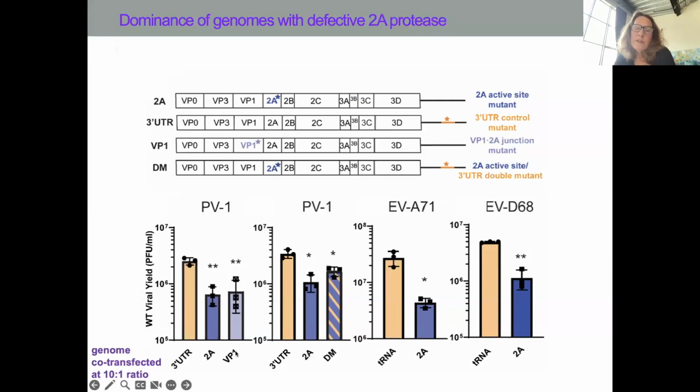And here's one that's defective at the VP1-2A cleavage junction. So it's another way to block cleavage. And that also has a dominant effect. Okay, so